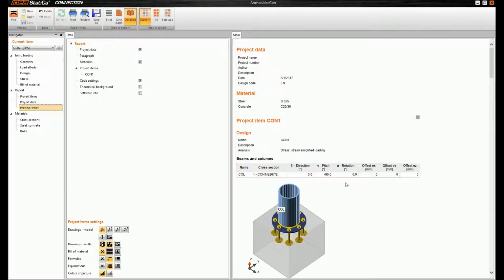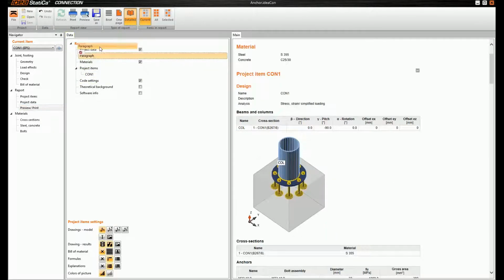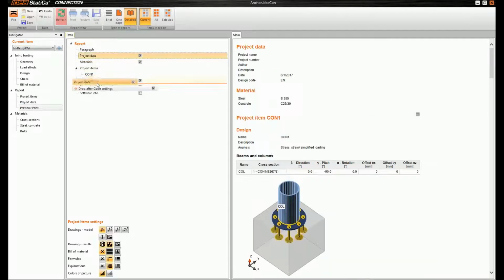Our report is prepared. Now you can see we have project data, paragraph, materials, etc. And I want to have the paragraph at the top and the project data at the bottom. And yes, I want to have the software info here. Next, I want to have these views, and for example, formulas are shown already, and for example,